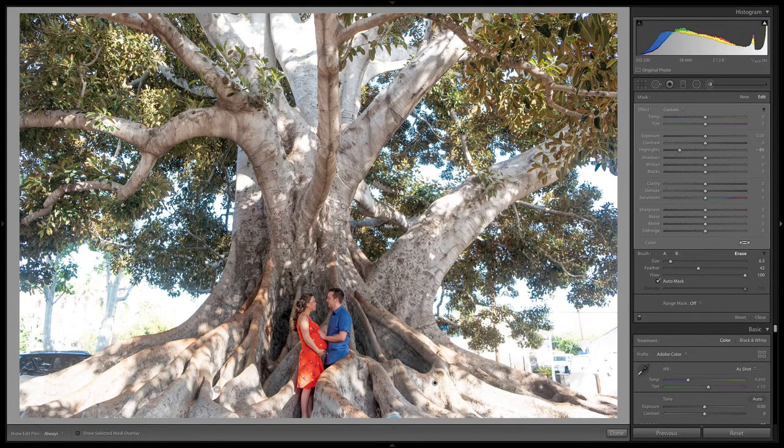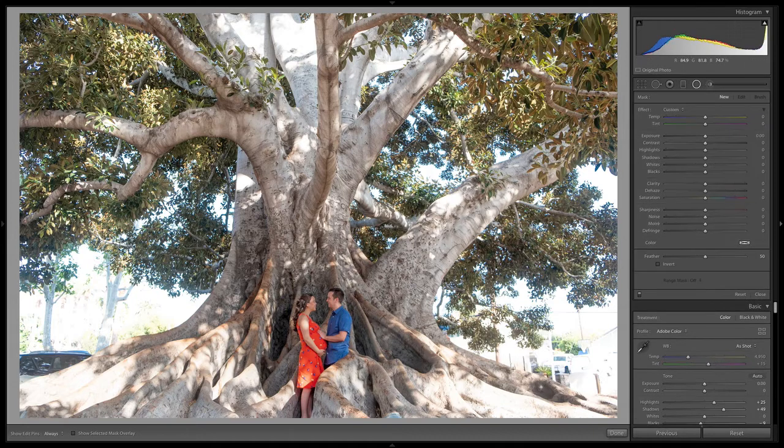But I do like having, especially the parts right around us, a little bit more exposed properly. I actually want to go into this selection, the one where it's the radial filter around us, and just bring up the clarity just a little bit.